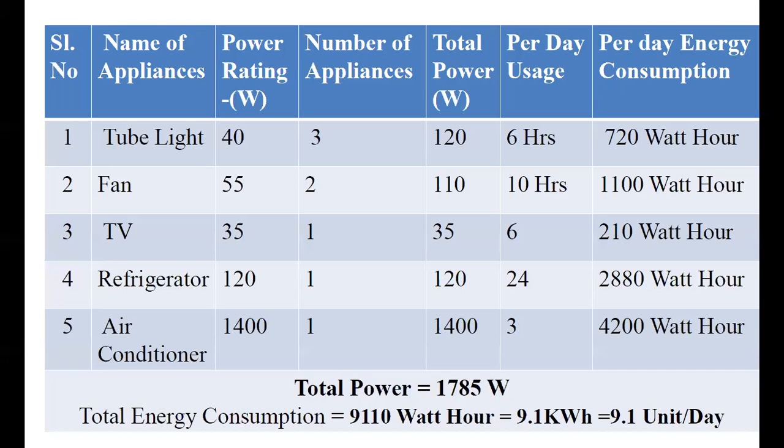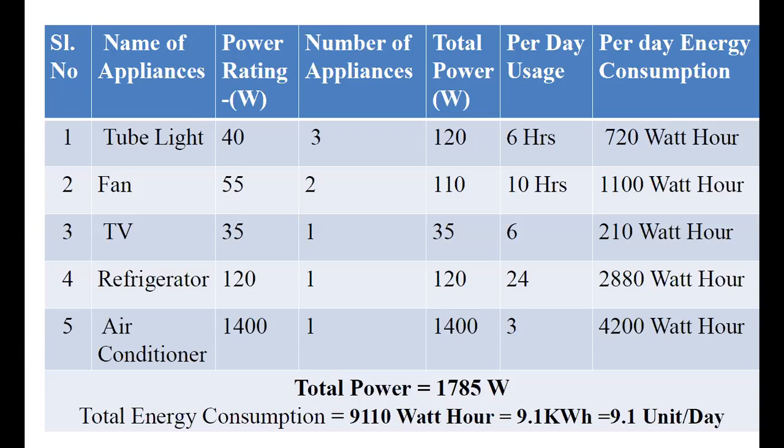Also, you can approximately calculate the per day usage of each appliance and its per day energy consumption. Adding the per day consumption of all the appliances, you will get the total energy consumption of the home per day. So from the table,